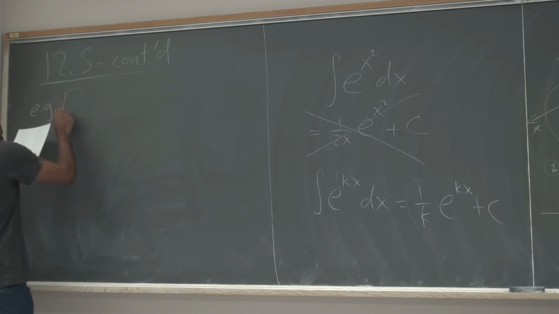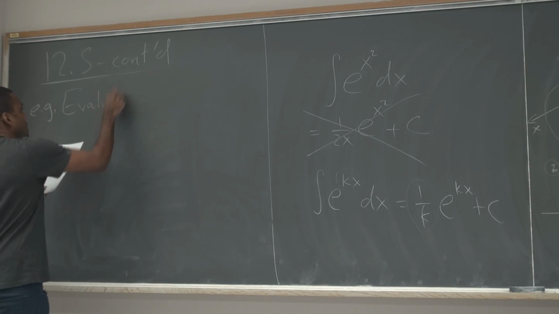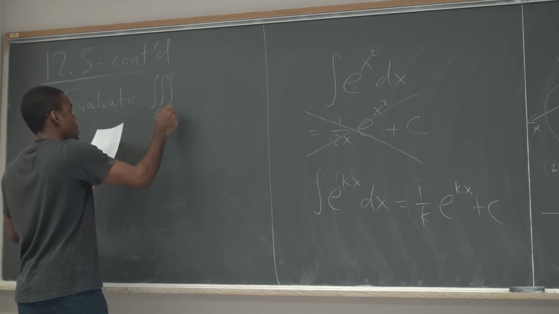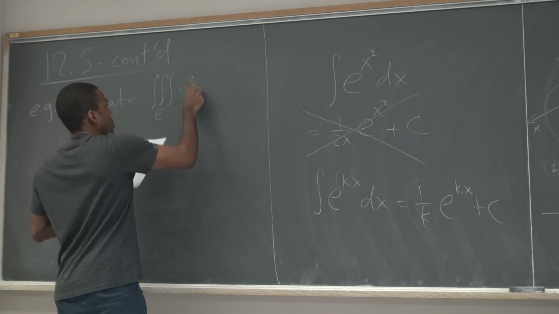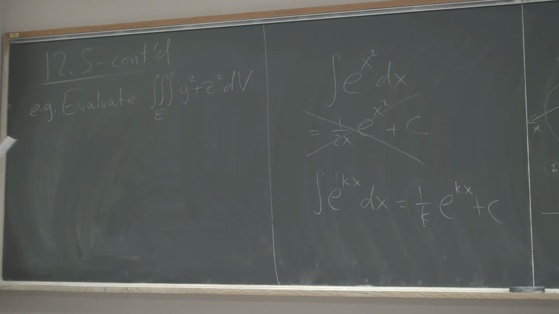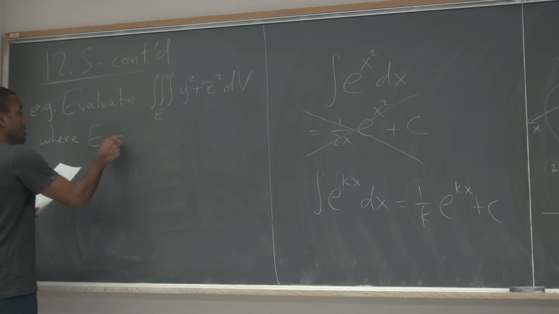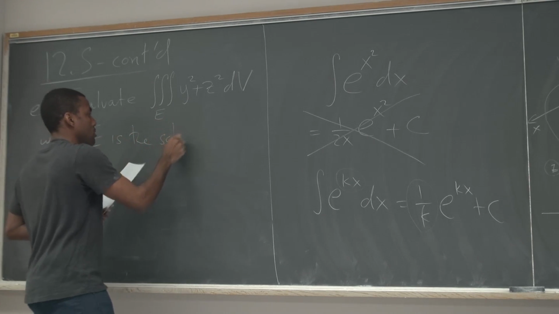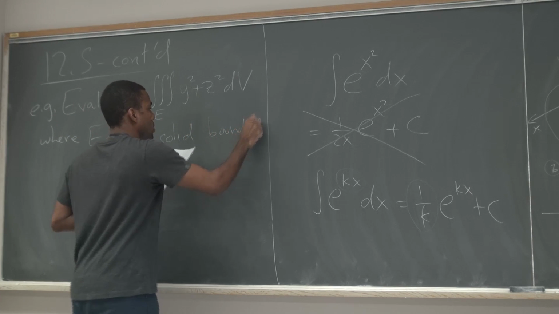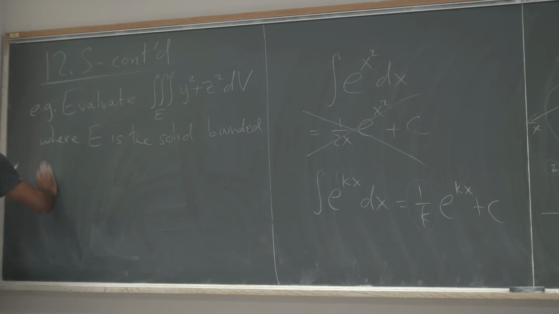Other example, evaluate the triple integral over E of y squared plus z squared dV. Right? So everything can be permuted. You can think of the variables in any order you choose, where E is the solid bounded by